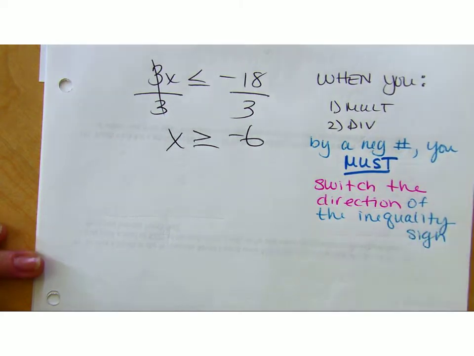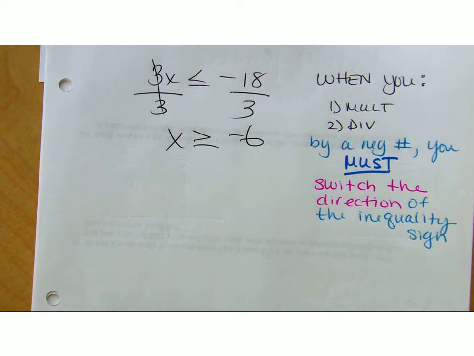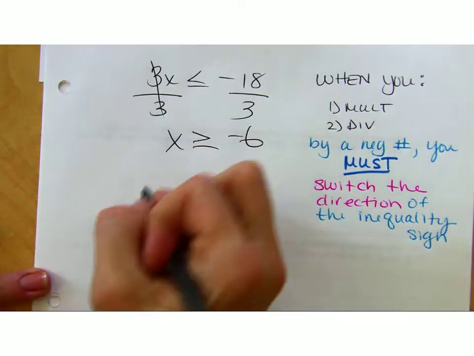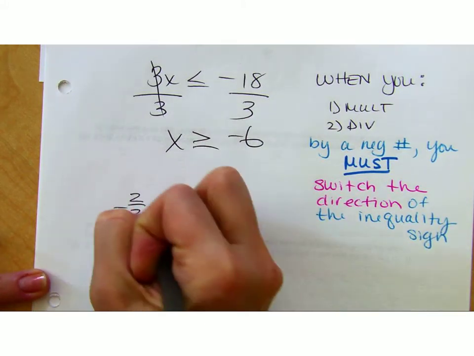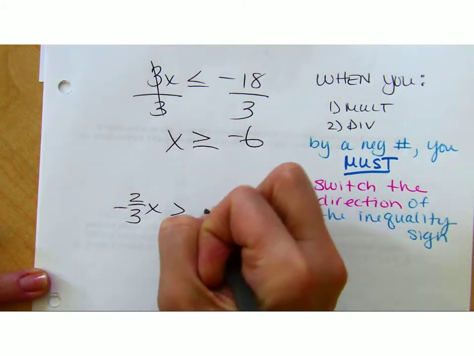Okay? So now we have a very specific set of rules that we need to follow, which means we need to be on, like, you know, when you solve those addition and subtraction ones, you probably could do them half asleep. You probably could half watch TV and half do those because there was nothing fancy about them. You have got to give every problem your full attention now because you got to be on high alert. Oh gosh, do I flip it or not? Okay? So like if I have -2/3 x is greater than 8,